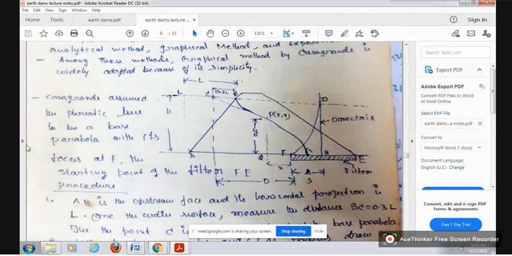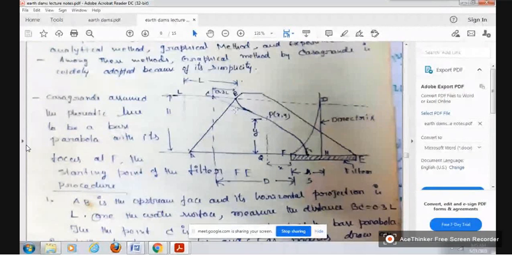Based on that property, we will locate the intermediate points. First we have identified the C point, that is the starting point of the parabola. And then we have identified the last point, that is G, the midpoint of F and H. We will locate the points based on the property of the parabola: the distance from the point to the focus is equal to the distance from that point to the directrix, right?